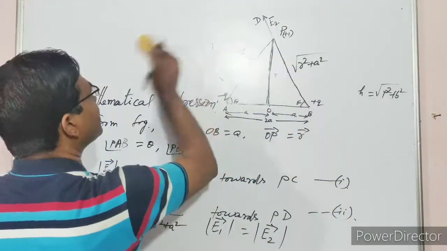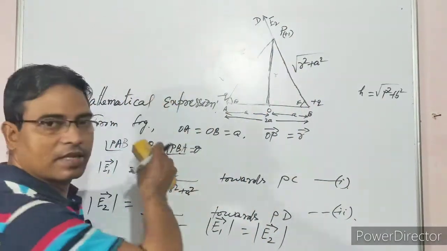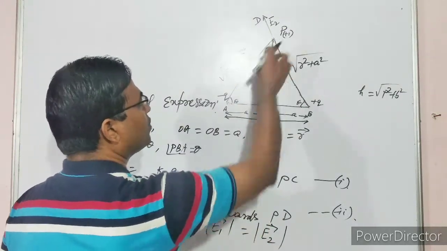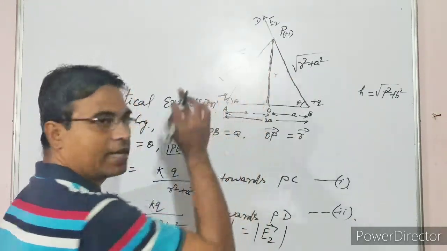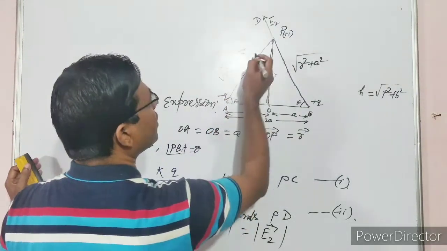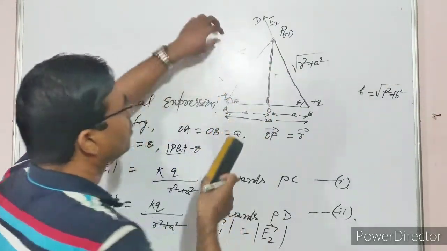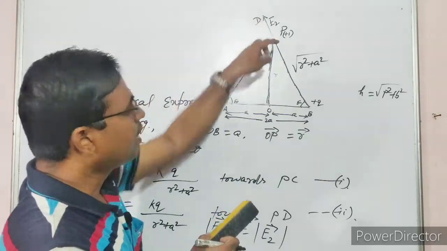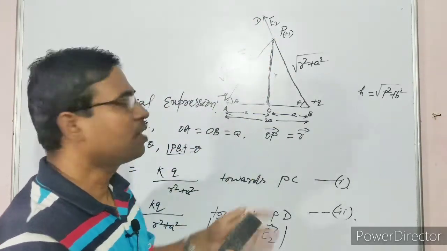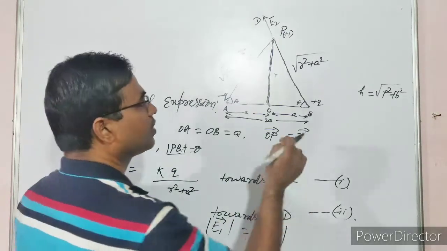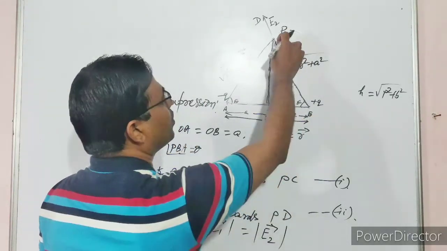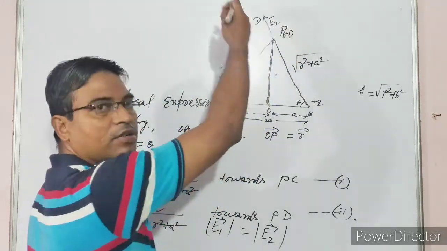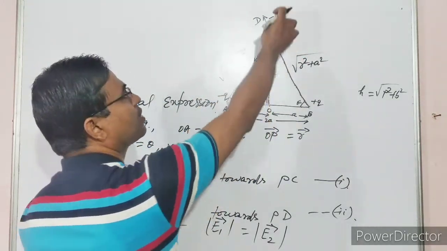Now the question is a very important point. When the electric field is formed due to this charge, say E1, at that time E1 is resolved into two components. One is E1 cos theta, another is E1 sin theta. The same thing I will repeat: due to this charge the electric field is E2, and it is also resolved into two components, one is E2 cos theta, another is E2 sin theta.